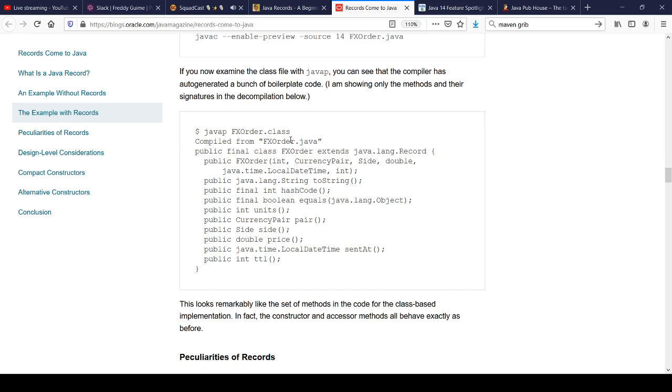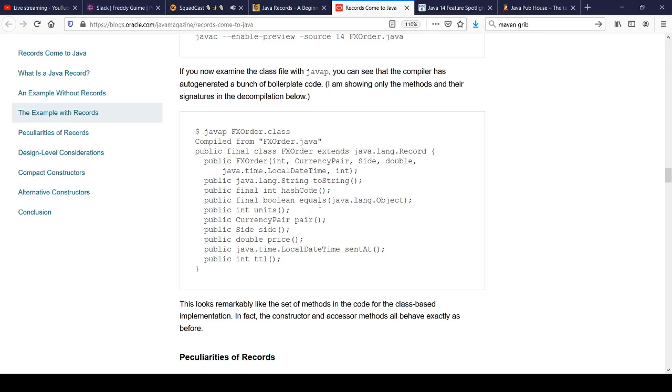But when you javap the class, you see the toString method exists, and all objects have it, but at the class level, and you see all the accessor methods being generated. You see your equals being overridden here, just like you would if you were trying to build all this out yourself. But all this gets generated.